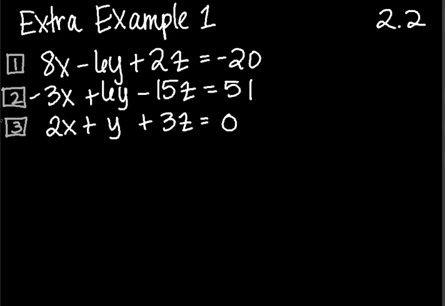So the whole point of the elimination method is to eliminate a variable, and we're going to do that using the addition property of equality. So we're going to add 2 of the equations together in order to cancel a variable. So